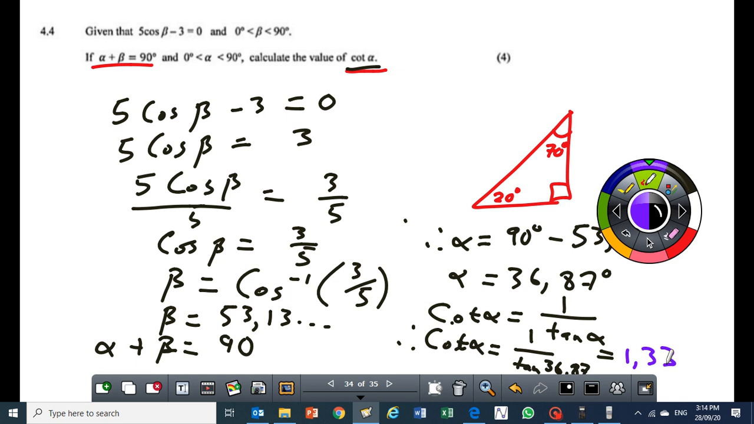And then you are done. I want you to be aware that here you can put the value of alpha, 36,87, the way that I just wrote it. Any